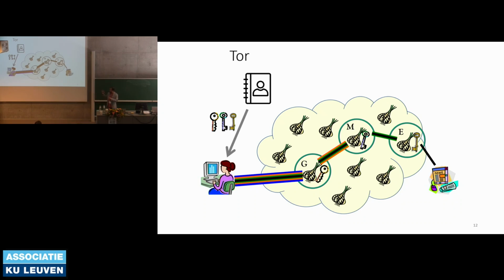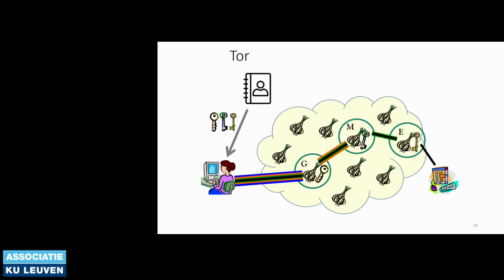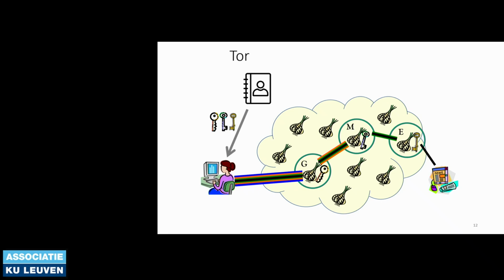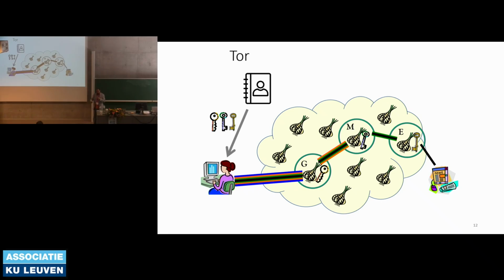An easy implementation of this would be using public key encryption. For example, you encrypt the packet first for the exit node, and then you add another layer of encryption for the middle node, then another layer for the gateway, and then you send the whole encrypted packet to the gateway. The gateway decrypts one layer, then sees another encrypted packet, and you also have to embed the information that it should forward this encrypted packet to the middle node, and so on. Using public key encryption, you can do that.